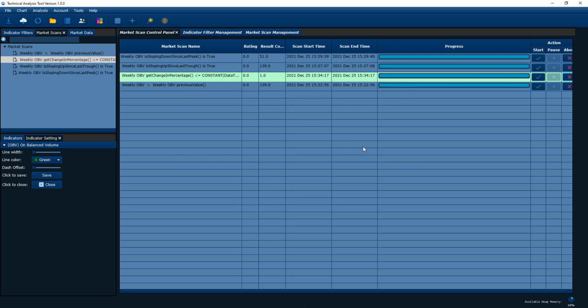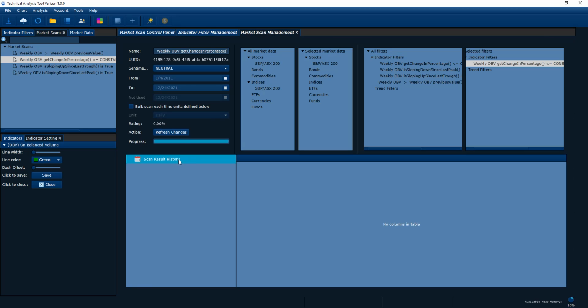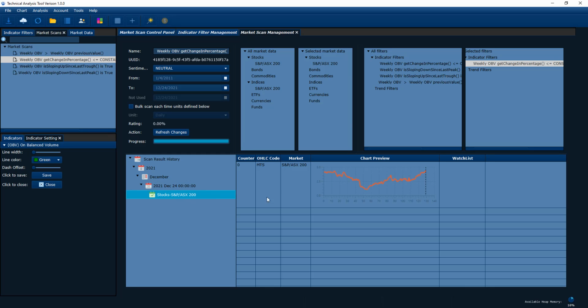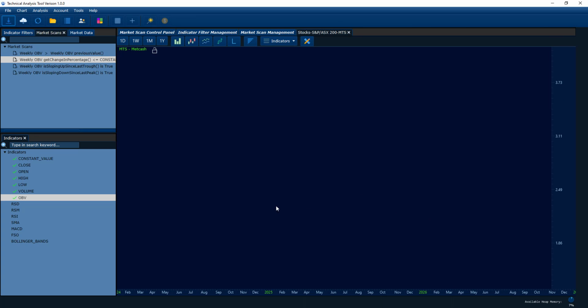Okay, let's run it. All right, we got one result here. Because this is a very restricted condition, obviously we will get much fewer results. Instead of hundreds, we just got one. We're lucky. Sometimes you get nothing, and you need to change the value. But let's take a look at this one, MTS. Double click on that. It's moving up